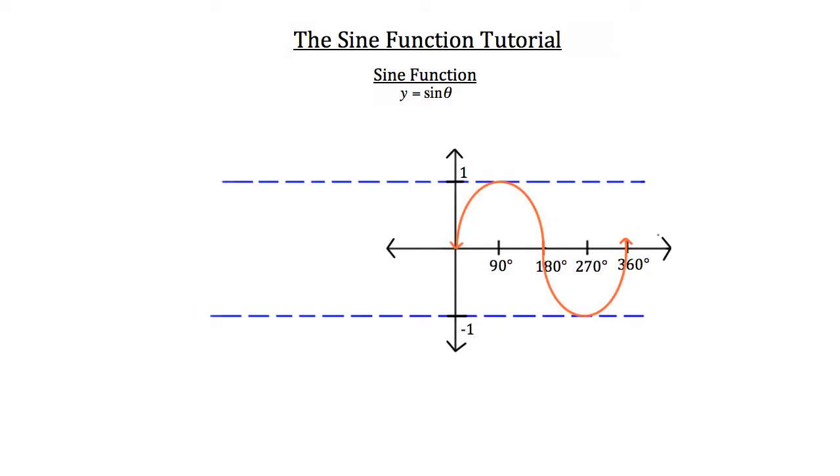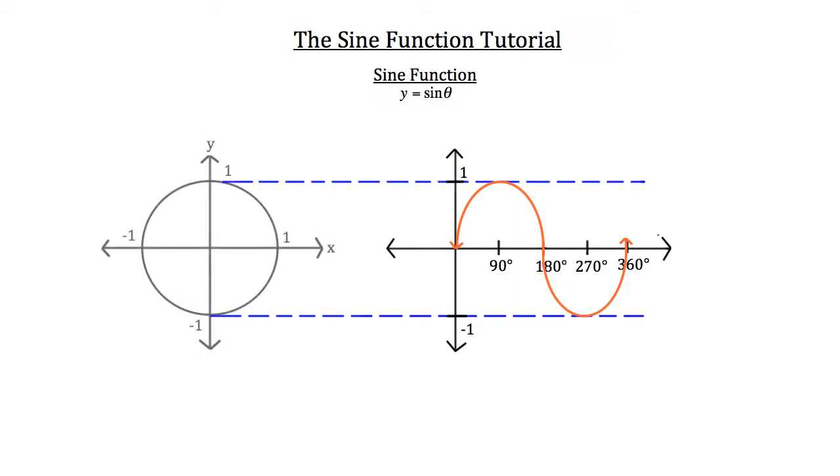Here's what a typical sine function looks like on a graph. I'm also going to bring in an image of the unit circle here to help with this explanation. Any point located on the sine function, so any point along this wave, is going to correlate directly with the y value of an angle in standard position on our unit circle. So if I had a point here at the top of our sine value, that's going to correlate directly to the value of y of an angle in standard position over here on